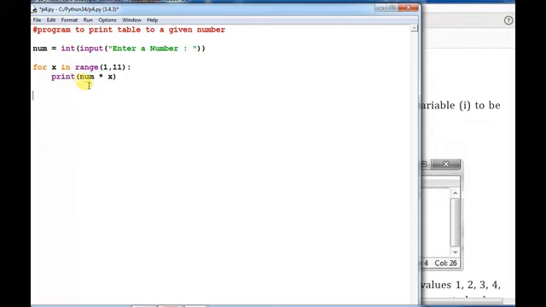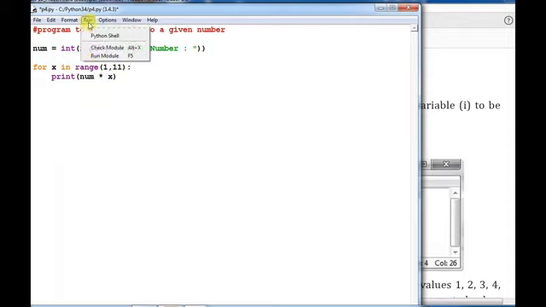This process will execute until the list ends. So in every iteration you will get num multiplied by 1, then num multiplied by 2, then num multiplied by 3, num multiplied by 4. In this way you can get the result.